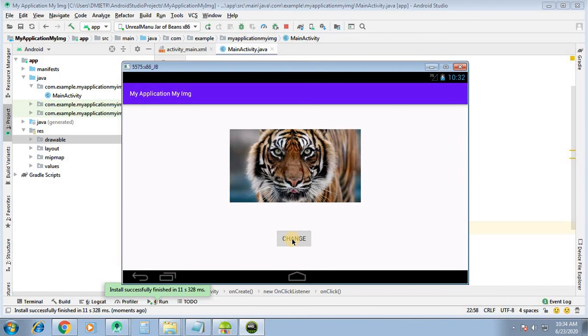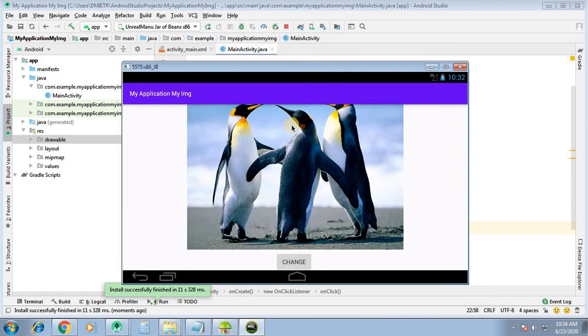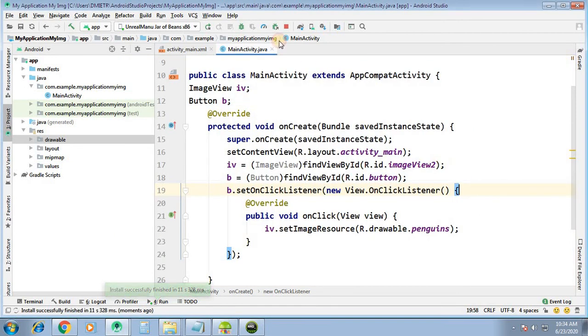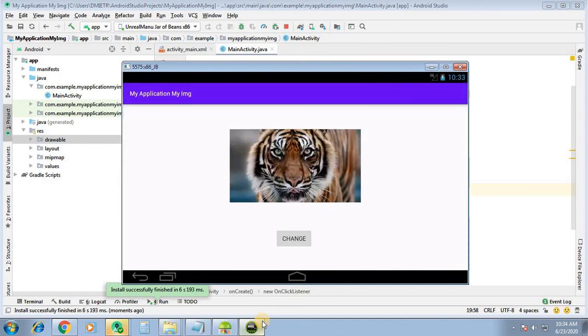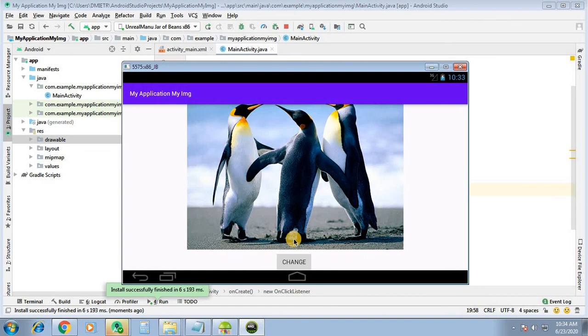When I click on change, the image will be set to the penguin. So this is the ImageView in Android. You can see the output. When we click on change, the image is set to the penguin image. So this is the ImageView in Android.